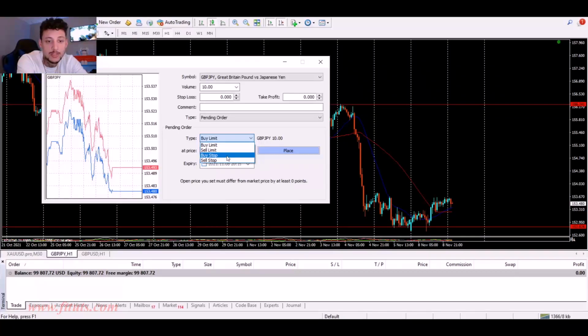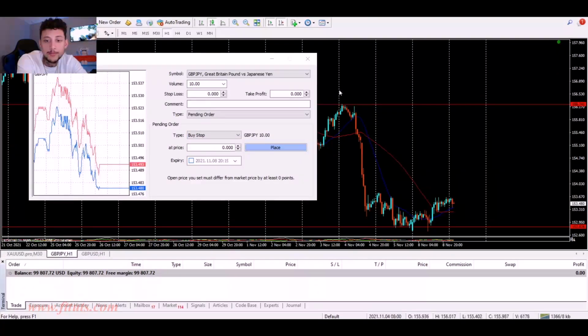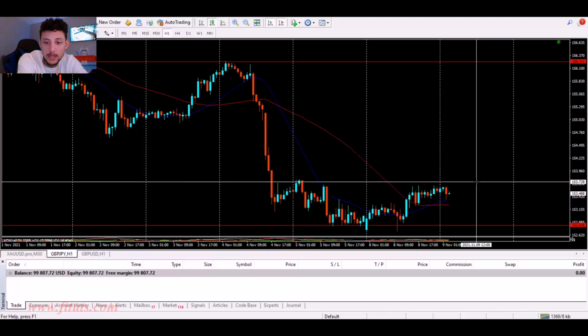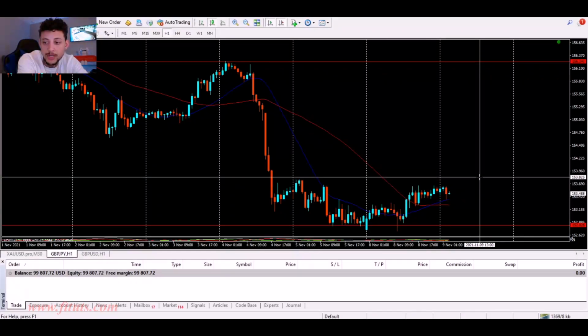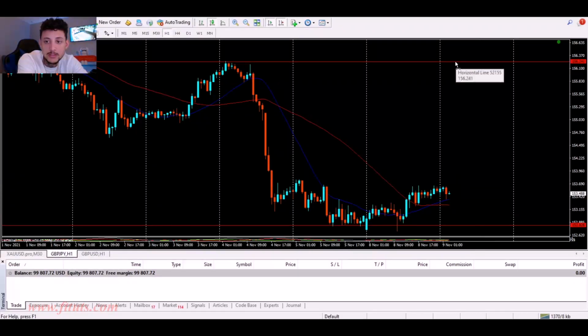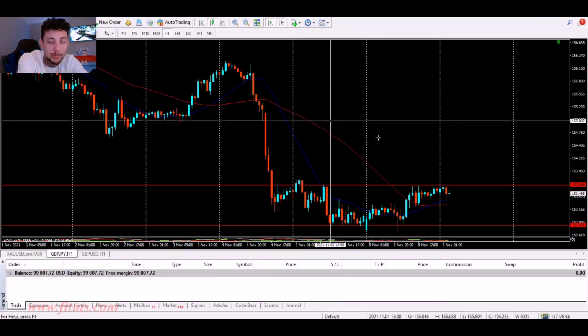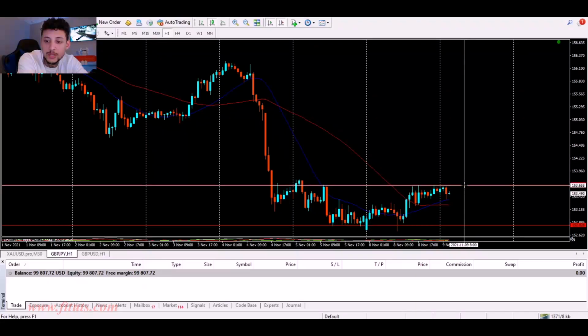So let's just say we want to enter a buy stop, right? Now the way a buy stop is actually going to work is, let's say I want to get in the market when price breaks this resistance here. Let's just say this is resistance right here, and you want to get in the market when price breaks above it, 10 pips above it. So now 10 pips from this resistance is going to be